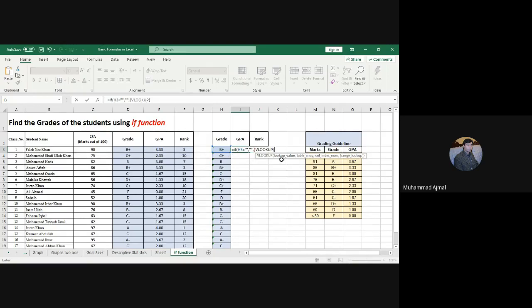अब खुद ही ये आपको गाइड कर रहा है लुकअप वैल्यू, कौन सी वैल्यू को आपने लुकअप करना है, मैंने कहना ये H3 को, कॉमा। नेक्स्ट वो बता रहे टेबल एरे, सो टेबल एरे इन माय केस इज फ्रॉम हियर, आपका ये N4 से स्टार्ट है और यहां तक O11 तक जा रहा है, ठीक है।